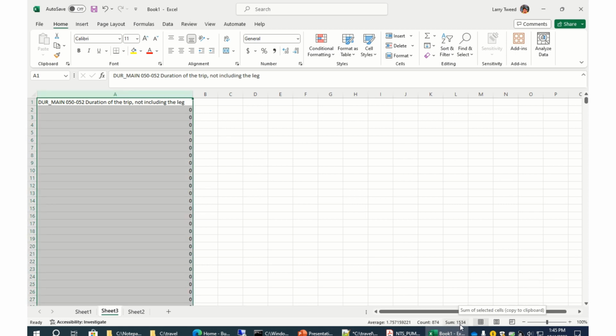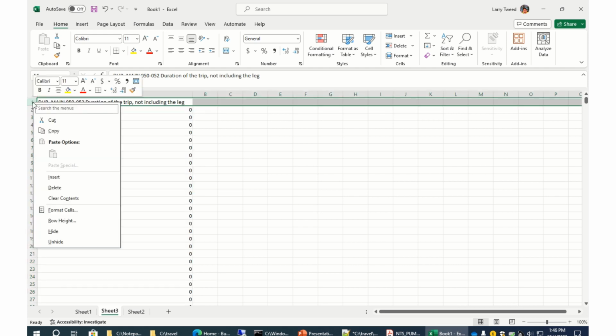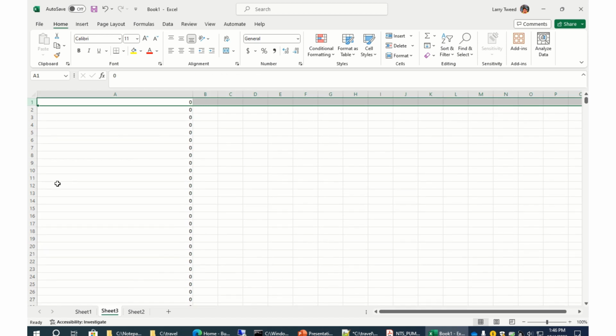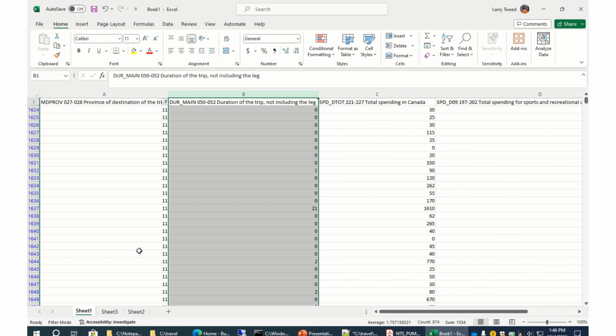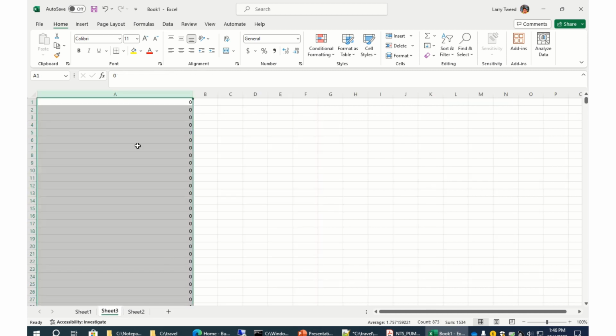The sum is, and in fact, I think if I got rid of that one, so we get an accurate one. So 873. So the average length was 1.71 days. So less than 2 days, right? If you're planning, if you're looking for tourist information, that's a short stay, and in fact, if you wanted, you can go back into here, and you can just get maybe the 2 or 3 days, right? So if you wanted to filter that,